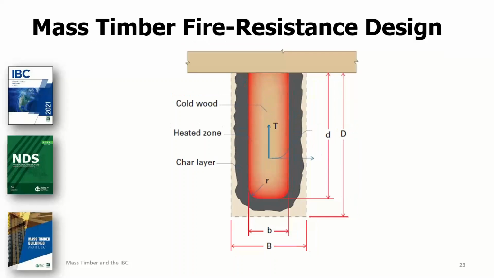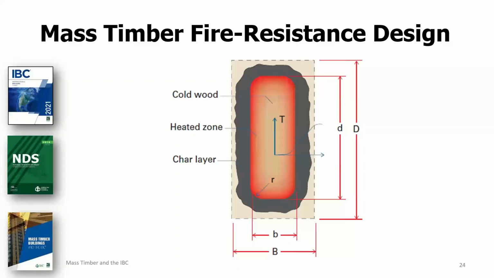Let me back up. One point I wanted to make is that this 3-sided exposure scenario may also apply to, say, a column that is up against a rated wall assembly if one side of the column is protected. So I was using the example of a beam here for 3-sided exposure, and it's most commonly used for beams supporting a floor ceiling assembly, but it could also apply to a column. And then this is the similar graphic showing the idealized section loss on a column, or it could be a beam that is not in direct contact with the floor ceiling assembly, when it's exposed on